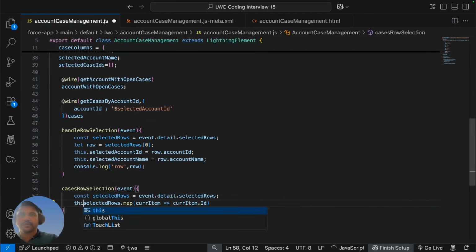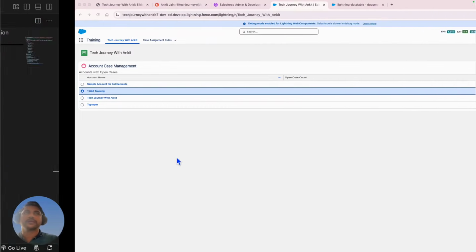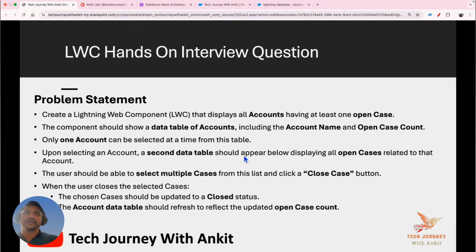And here I will put this dot selected case IDs. Whatever rows the user is selecting, I am iterating over all these rows and getting the selected case IDs with this step. Now, as they mentioned in the problem statement, we should also have one close case button. On the click of this close case button, we have to perform the operation to close